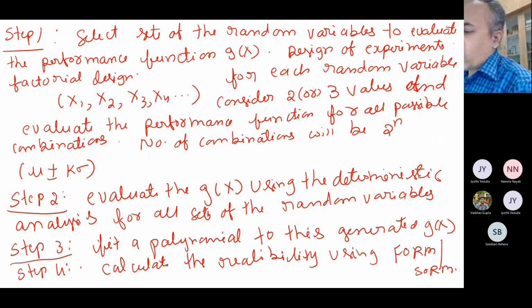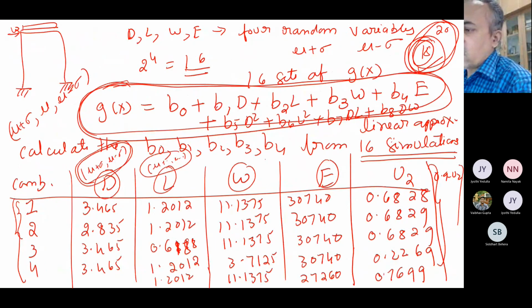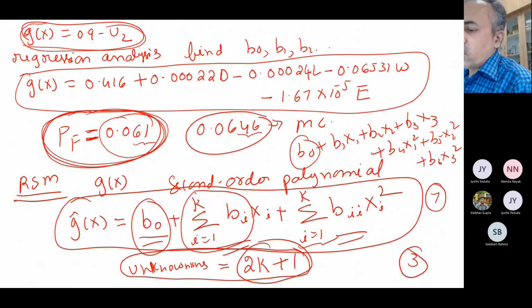There are several procedures for how to build these expressions. In the example we have seen, it was linear, but you can fit a non-linear function. This is a general method; you can go for a second order polynomial or maybe a cubic polynomial. Many methods are there, such as HDMR, high dimensional modeling techniques.